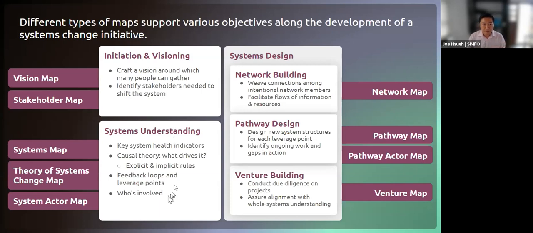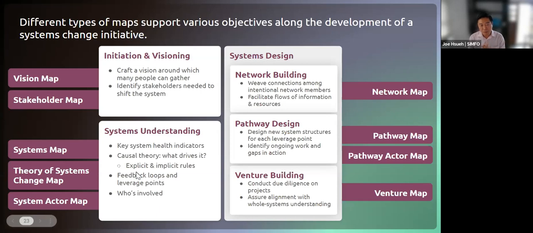After that, this is the critical part. We need to come to system understanding because we're dealing with a very complex system, that big elephant where we only see a part of it. Each of us only sees a part of it. So how do we see that all together? We need to identify the key system health indicators. How do we know it's healthy or not? We need to try to develop the causal theory. What drives that healthy indicator? What depleted it? And it's very important that